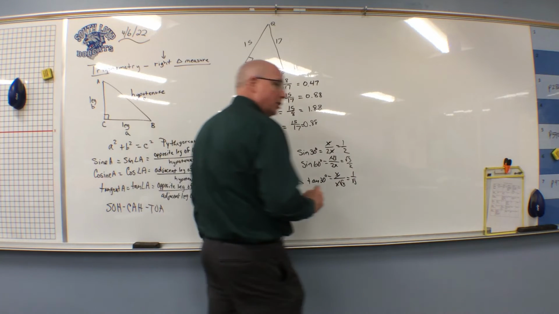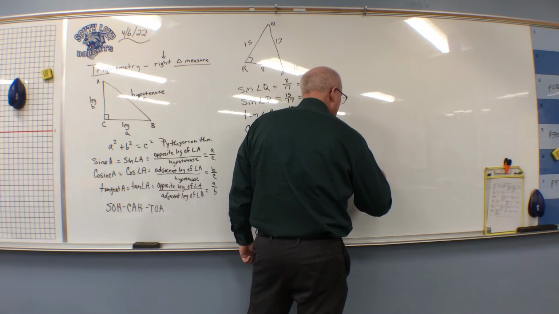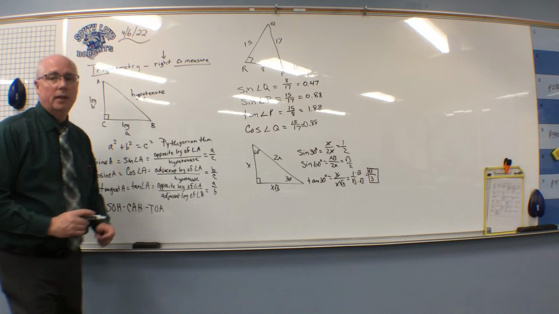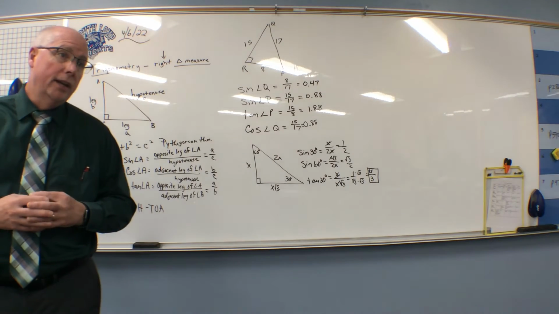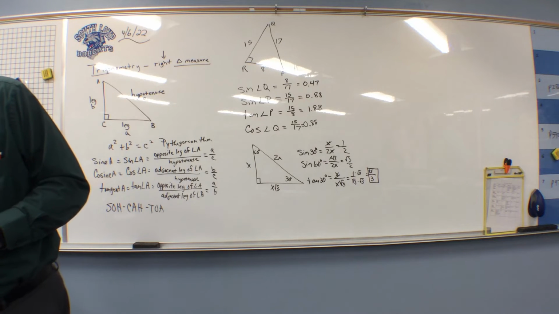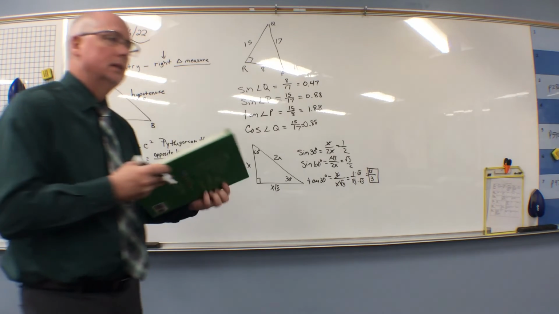It must be rationalized, so I must take it times the square root of 3 over the square root of 3. So it is basically the square root of 3 over the square root of 9, which is the square root of 3 over 3. It's tangent. And if you check it on your calculator, it'll come up the same. 0.577. Okay, so what's the advantage of these? Well,